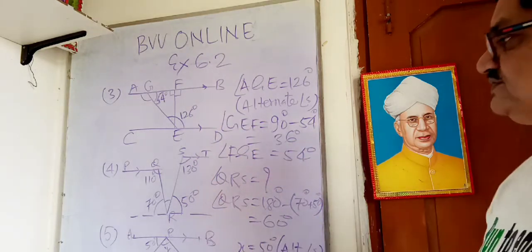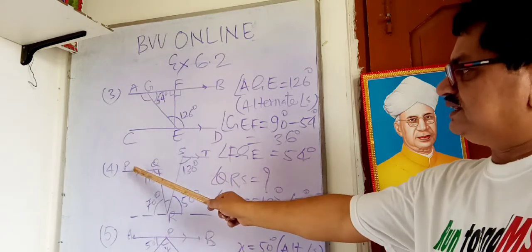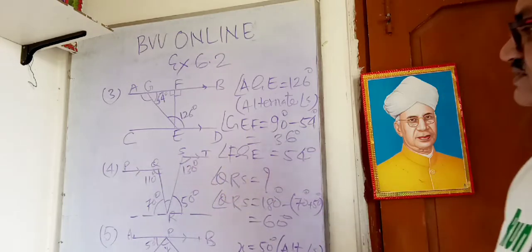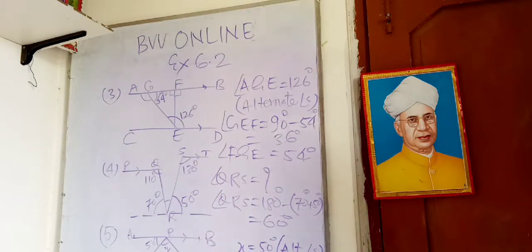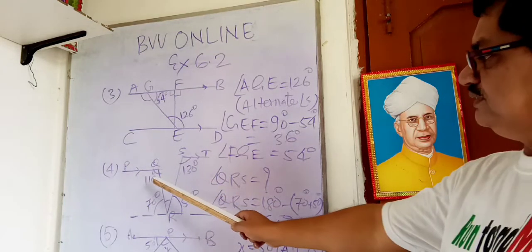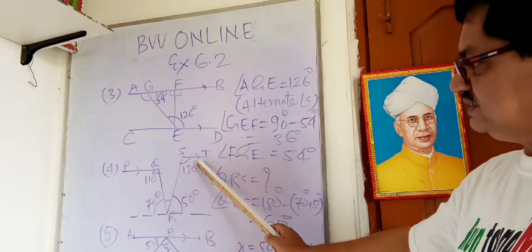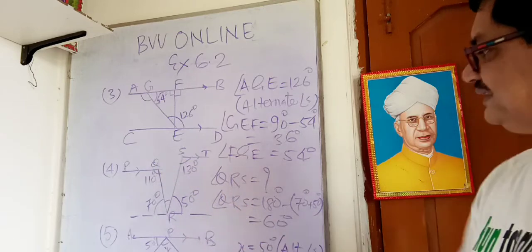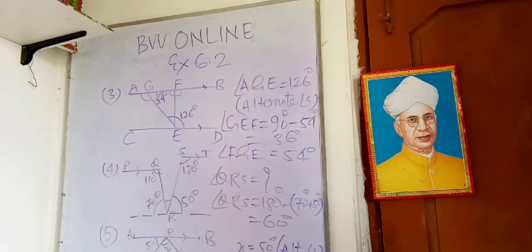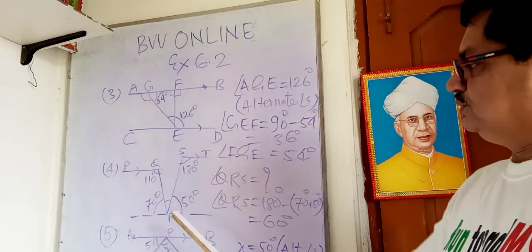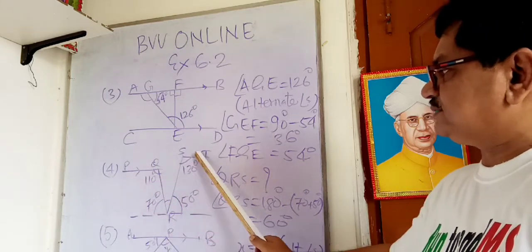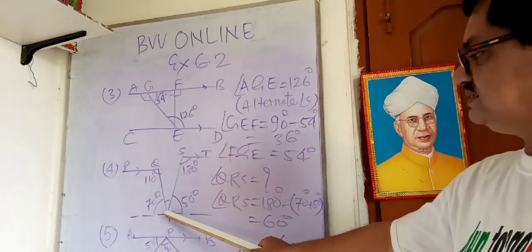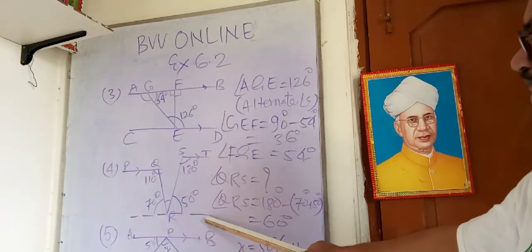Now the fourth question. See, this one arrow indicates that PQ and ST have been given to be parallel, and this angle is 110 degree, this angle is 130 degree. We have to calculate this middle angle QRS. QRS is the question. So what we will do, both these lines are parallel, so one more line should be drawn parallel touching this vertex, and this is the line.